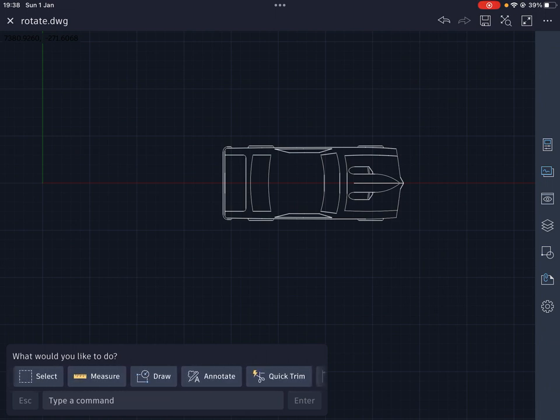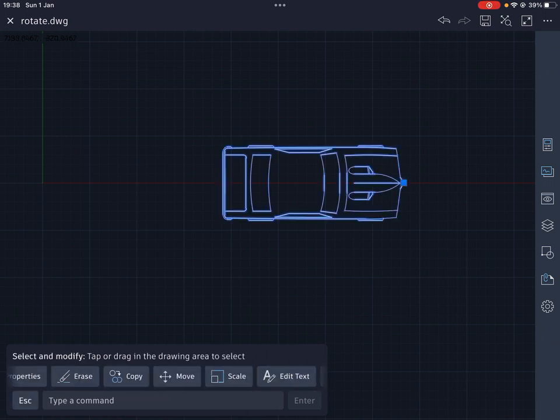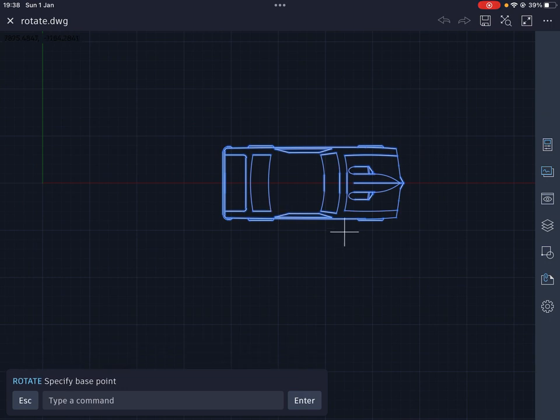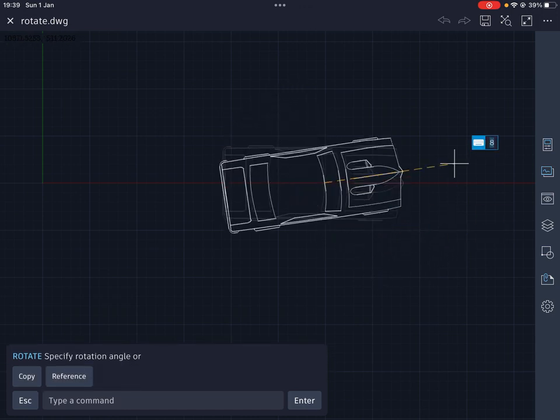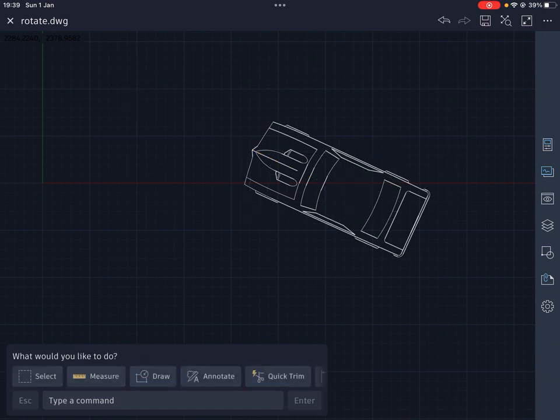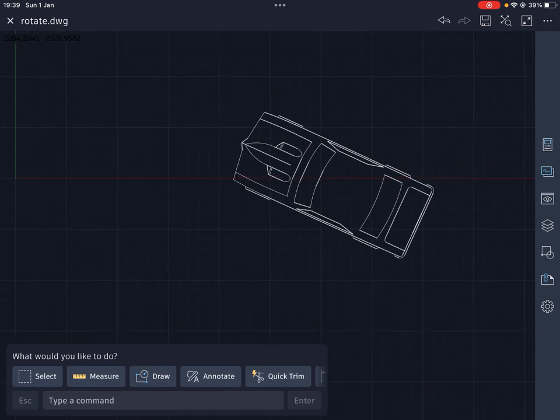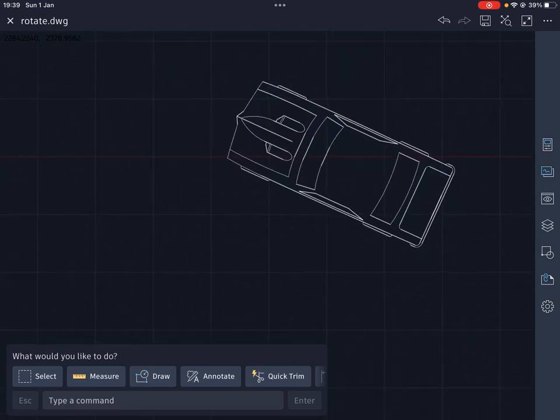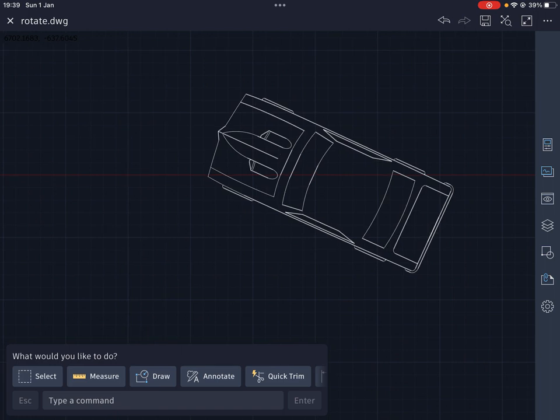So let's do it one more time. I'm going to select the vehicle. I want to select rotate. And I want to select a point in the middle of the roof, or in the middle of the windscreen even. Middle of the windscreen, tap. I can now turn it to, I'll just turn it to a random angle. It's waiting for me to tap or type my number. I want to click tap once more. And now I've rotated it around the windscreen. So this is useful to manipulate objects and turn them